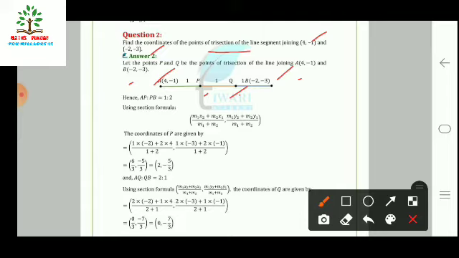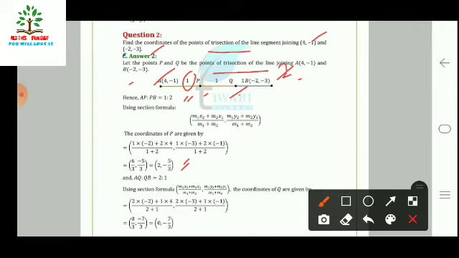So the ratio of AP is to PB, we first take AP is to PB, so we have here 1 is to 2. Using the section formula, this is our m1 and this 2 will be our m2. Using the formula m1 x2 plus m2 x1 over m1 plus m2, m1 y2 plus m2 y1 over m1 plus m2, putting the values like we have done in the previous question: 1 into minus 2 plus 2 into 4 over 1 plus 2, and for the y, 1 into minus 3 plus 2 into minus 1 over 1 plus 2. So the coordinates of P are here 2 comma minus 5/3.